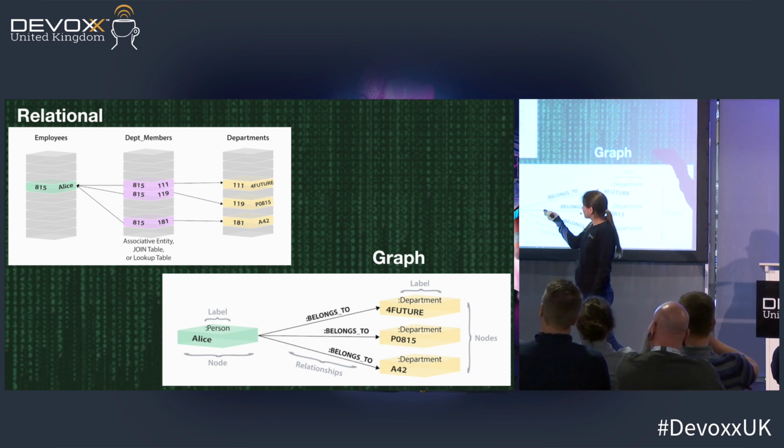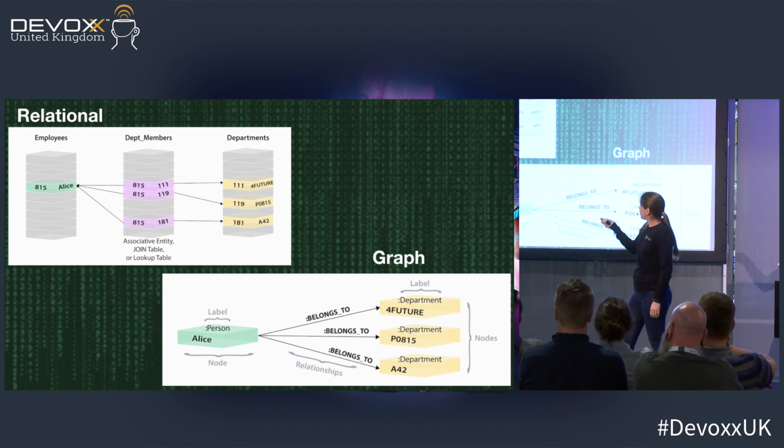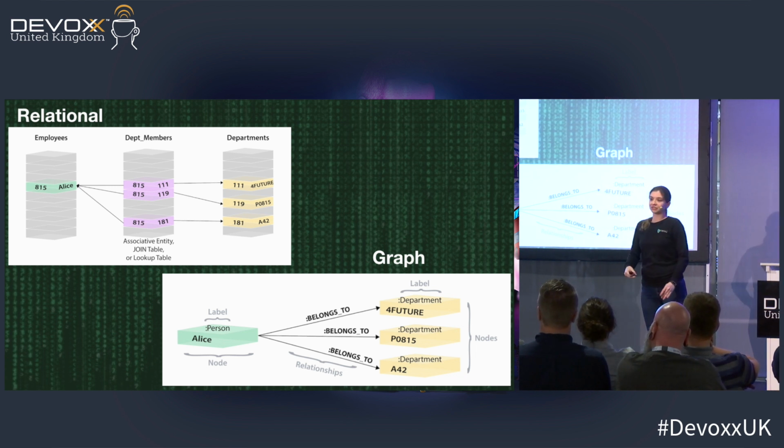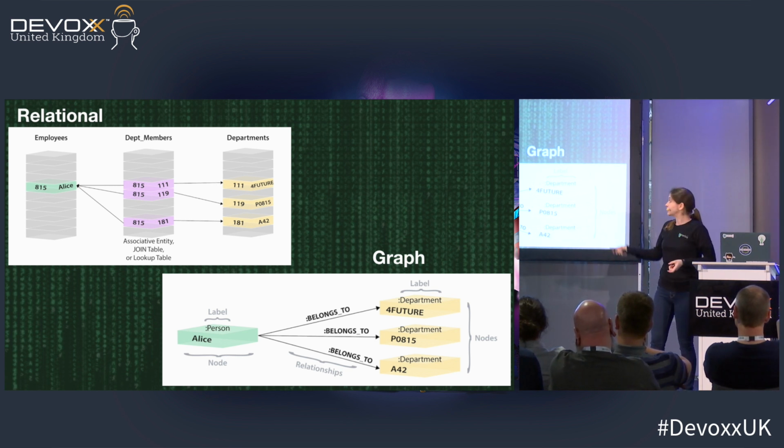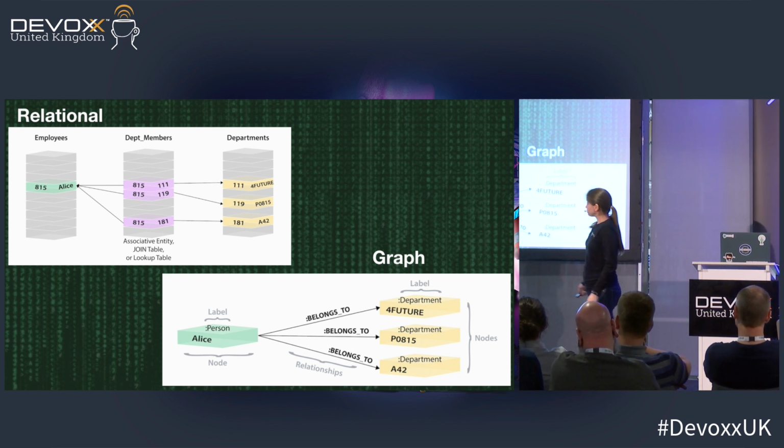So you would find Alice on the employees table, and then you'd go to this lookup table and say, for the ID of Alice, for the row of Alice, what all is she connected to in this other table for departments? And then you need to go look up these values and say, okay, these three are the departments that